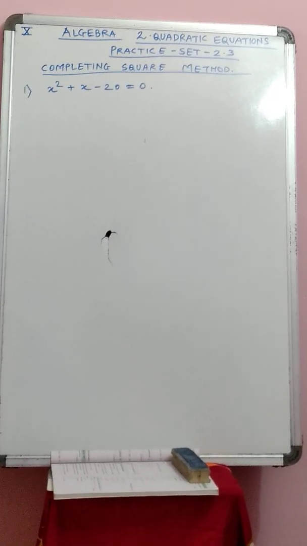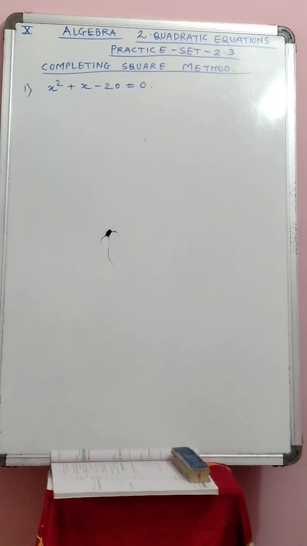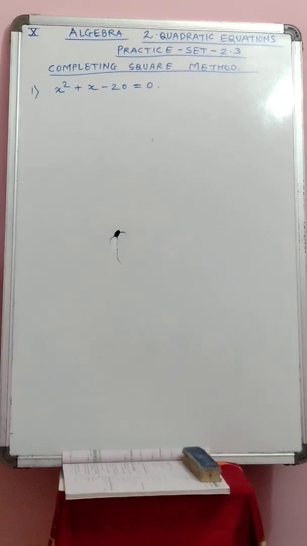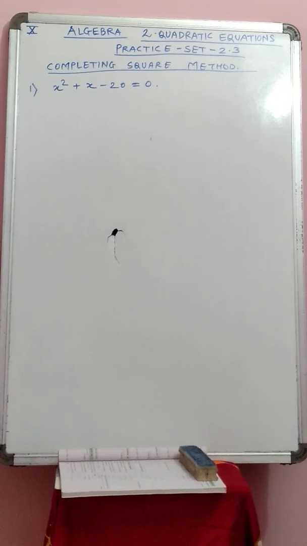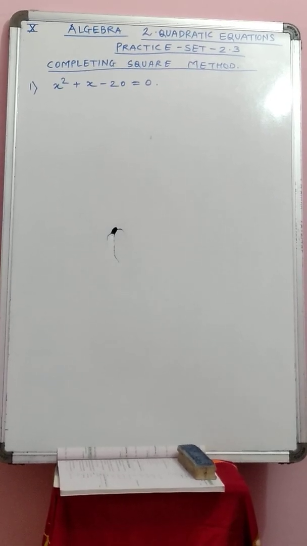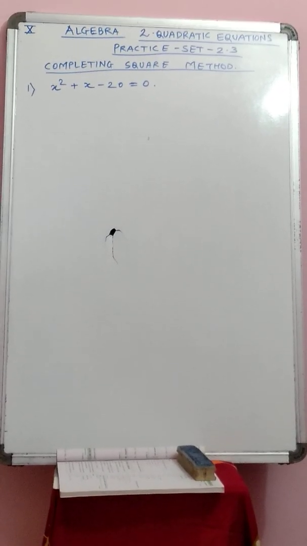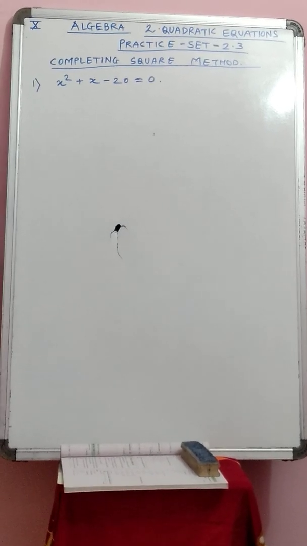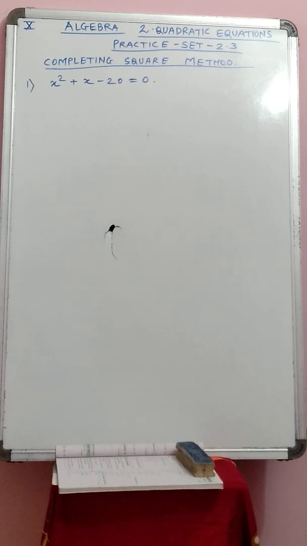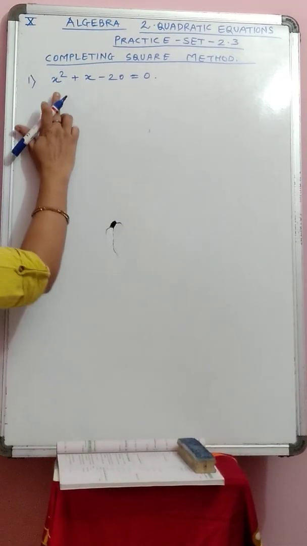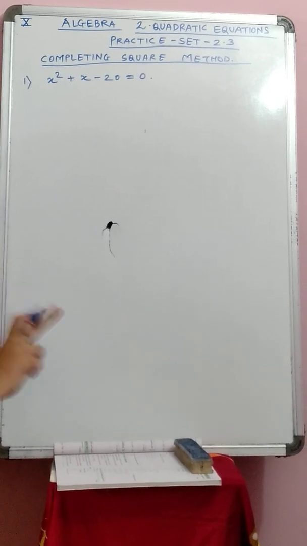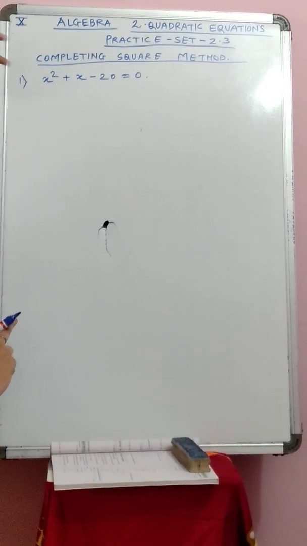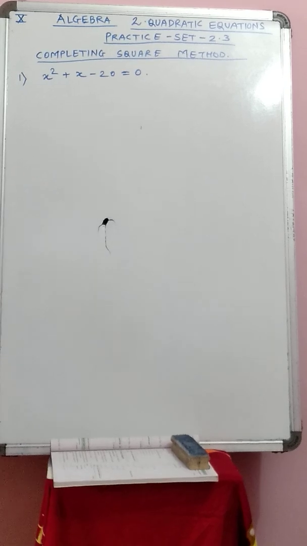Actually this was already there in the last portion. The portion has changed in the last 2 years, but this method was there. In the examples you will see a little bit of difference from the method I am solving here, but you can follow this method. It will make you less confused than the other one which is given in the textbook. Okay. So the first step is to find whether the equation is in standard form or not.